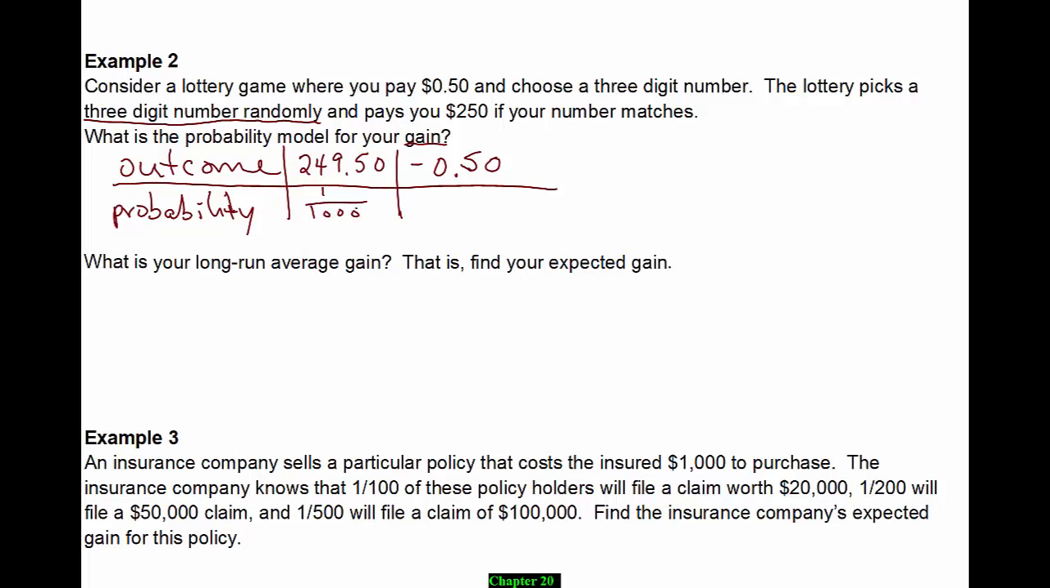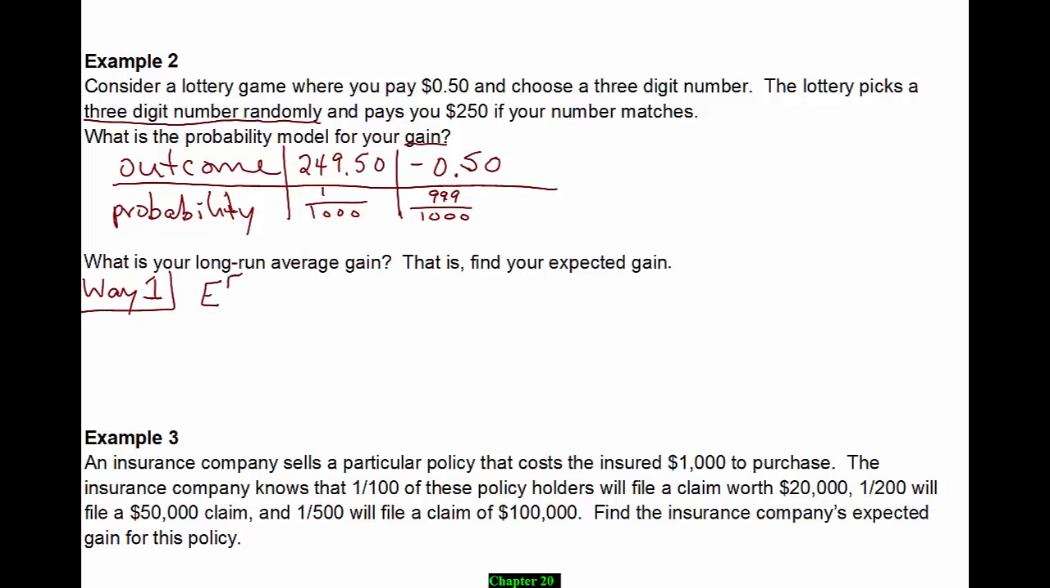And then, since the only other possibility is to not win, that would be the other 999 out of 1,000, because remember, your probabilities have to add to 1. So now we've got our outcome probability table written. So if we choose to compute this with way 1 according to the definition that's given in your book, then